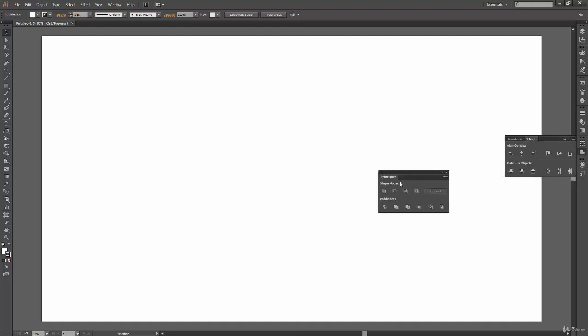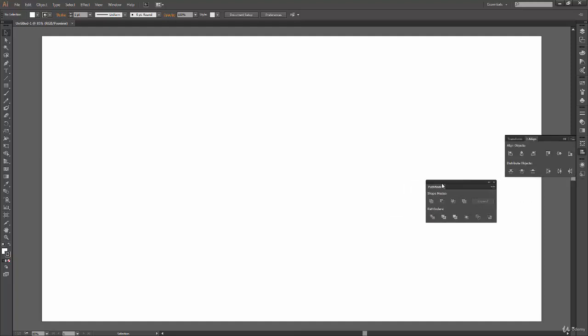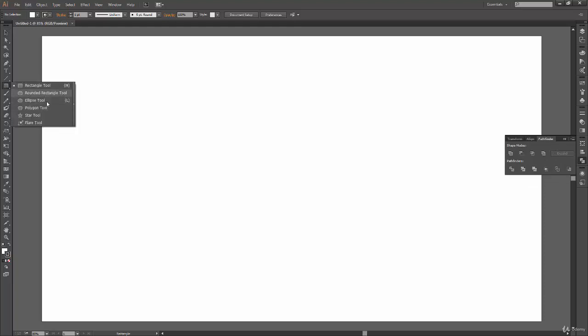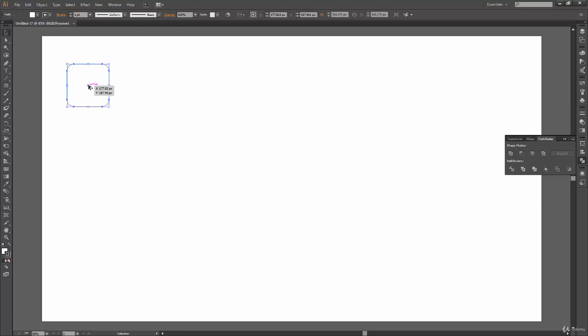Now again, it might come like this, so you can just drag it and put it somewhere over here to dock it back to the panel bar. Now let's create a few shapes to understand these Pathfinder options. Let's create two rounded rectangles over here. One is this one, and now I am pressing the Alt key while dragging my shape so that I can create a duplicate copy of that shape.